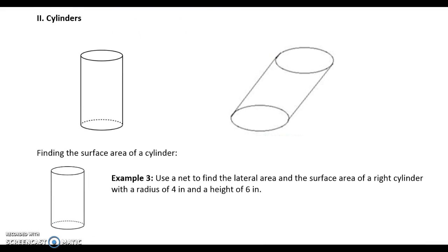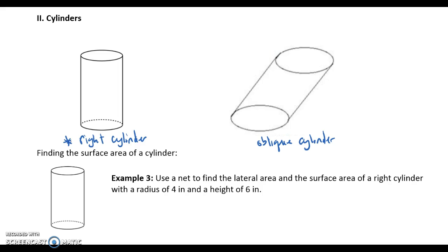Just like with our prisms, because they're very similar shapes, right? They've got parallel bases and all that. We've got a right cylinder and an oblique cylinder. It's nice to know the oblique cylinder and what it looks like, but remember again, our focus is on right